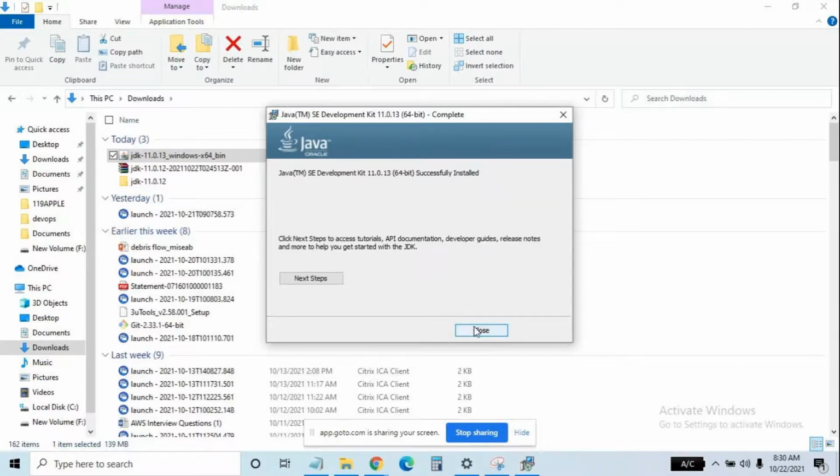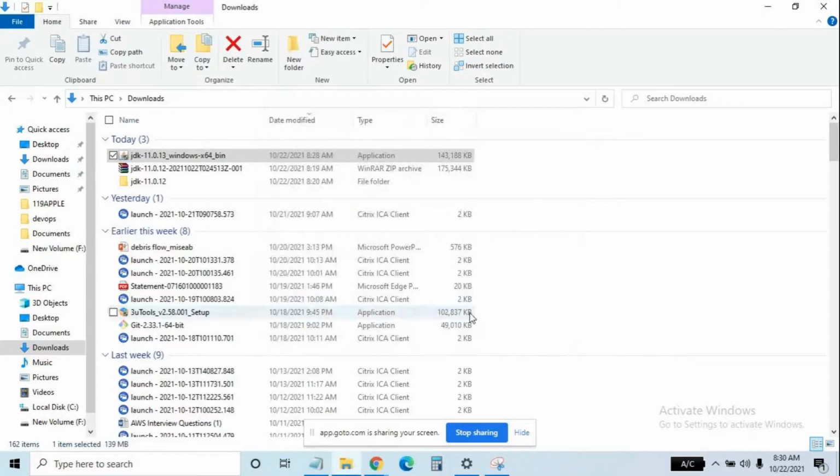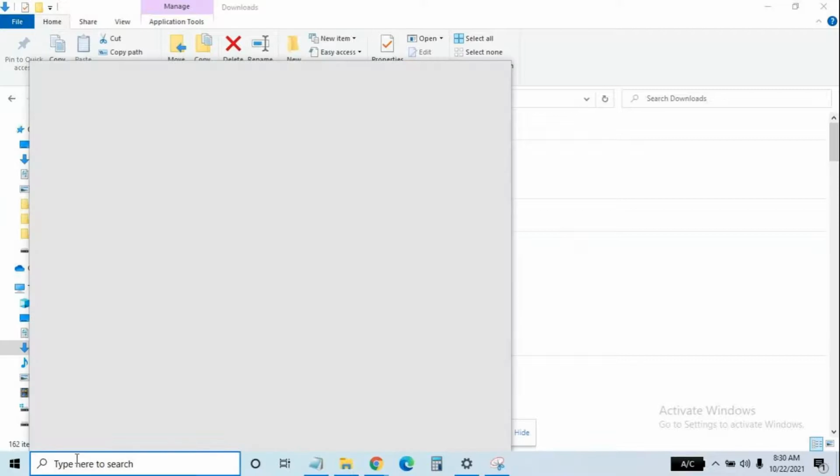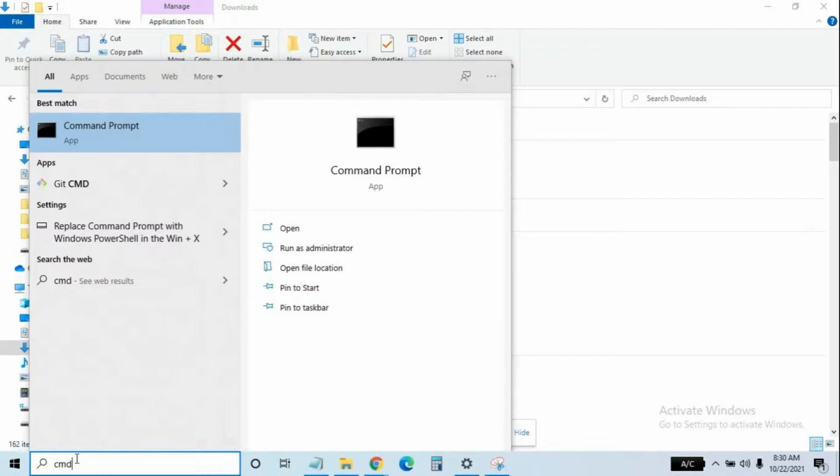Fine. Close. Now just open the command prompt. Go to search and type CMD. Open that.